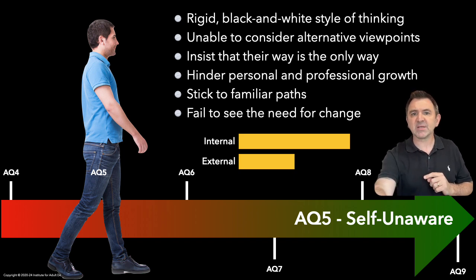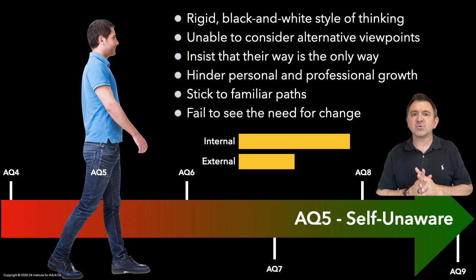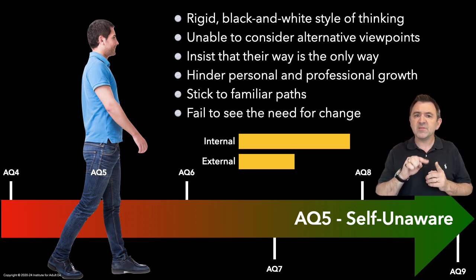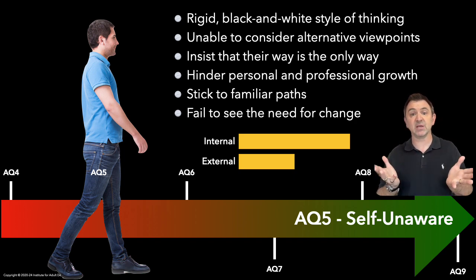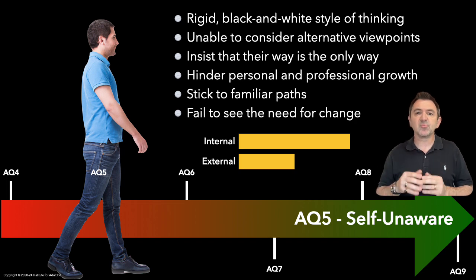An important aspect of the AQ system is an individual's capacity to remain resilient after failure. AQ5 won't handle this very well. And people in this phase of awareness tend to exhibit habituated responses and adhere to specific patterns of thinking, resulting in predictable behaviours. For example, those who only follow procedural paths will always follow a process regardless of the context. And conversely, those who only practice external thinking may consistently prioritise the opinion of others above their own.